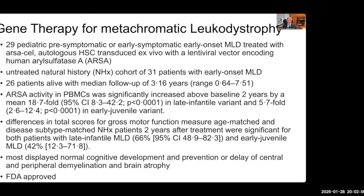Most recently, we have metachromatic leukodystrophy. Very interesting because they not only had 29 pre-symptomatic MLD patients, but they also had a 31 patients cohort in the untreated natural history cohort. And 26 patients were alive, 3 patients died as a result of disease progression. But the ARSA level was actually really good, went up by 18-fold